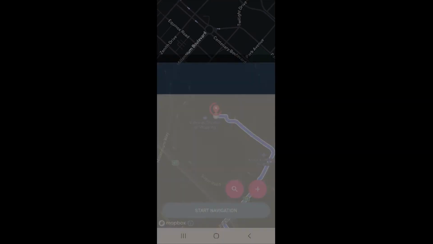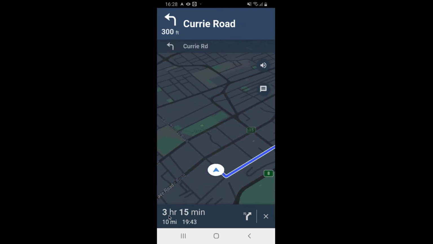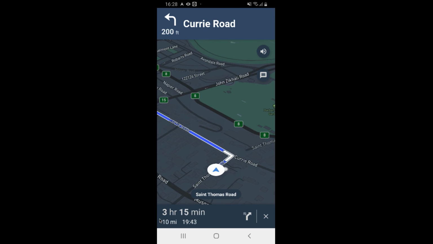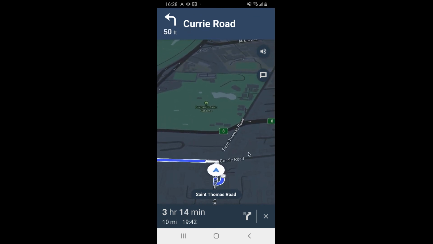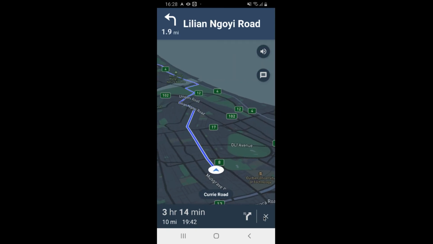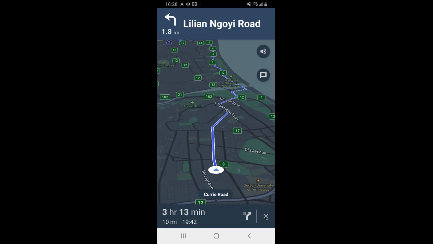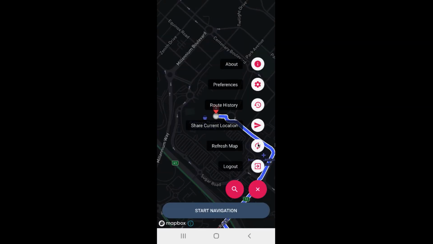And if I go to start navigation, it'll show all this information again in miles, and it'll show the correct time, which is about 3 hours, and it'll show in feet and all that. So that's detected that the preferences have updated for the user. If I go out of this, and if I refresh the map again,